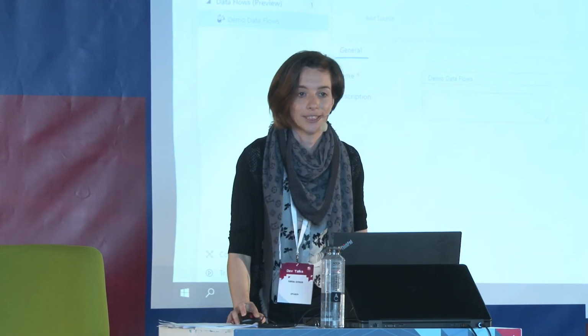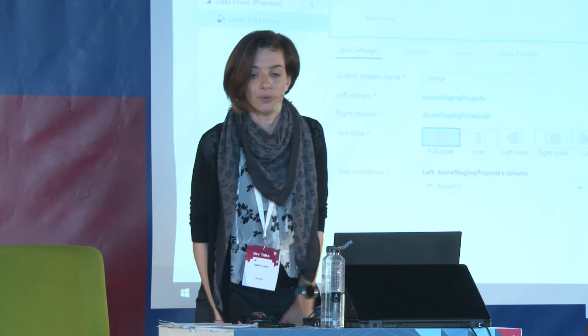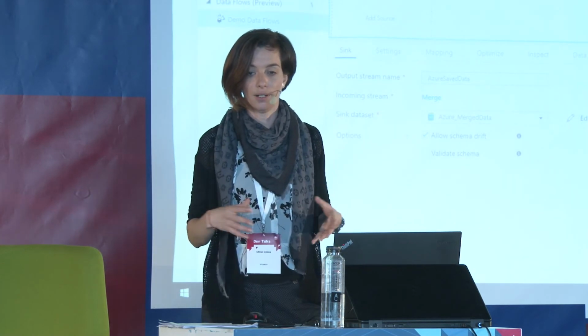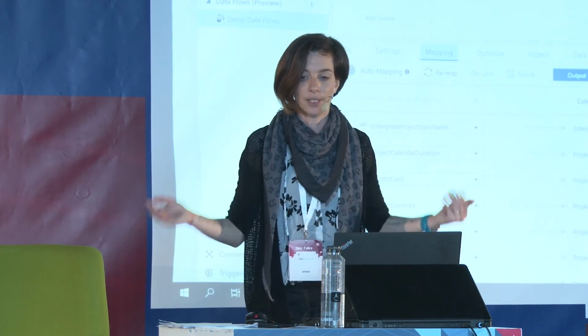So we have the sources, which are our staging tables. In the same way, they are very intuitive to build. After that, we are merging the table. Here is an example with full outer join. And the destination, you have to set up what you do with the merge. We push the data to our final table in Azure. I think that it's pretty intuitive. Also, in this one, the mapping is done automatically, and it's all good.